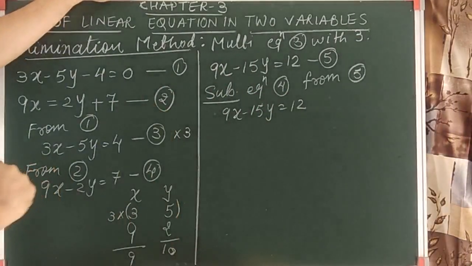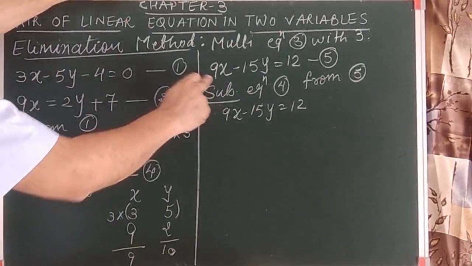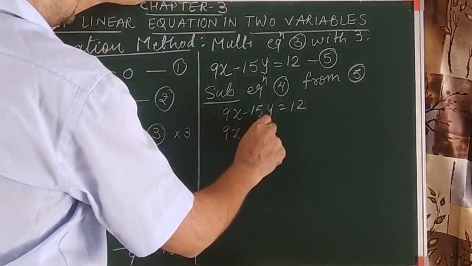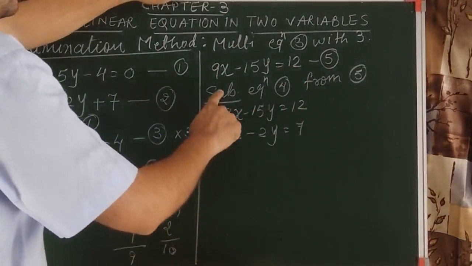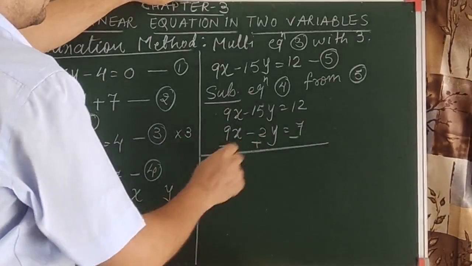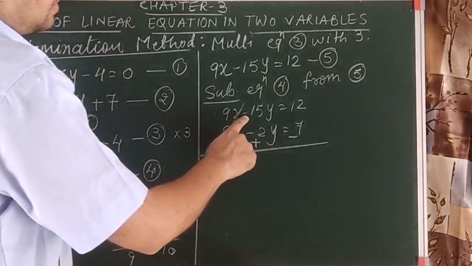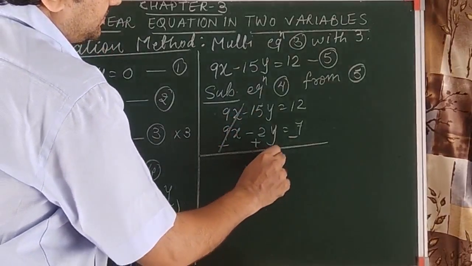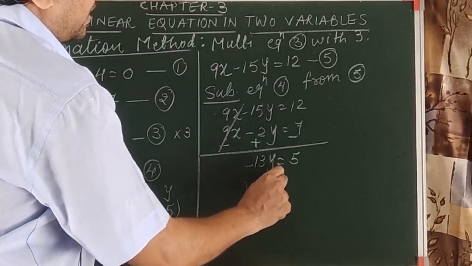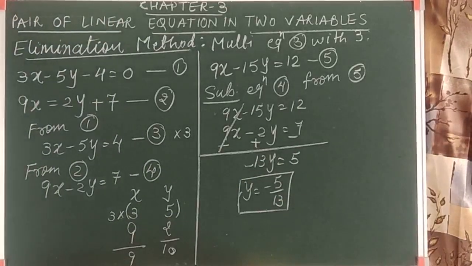Let me explain why we are doing the subtraction. क्योंकि जो वेरिएबल हम एलिमिनेट कर रहे हैं उसके कोएफिशिएंट सेम है, हमें एडिटिव इनवर्स चाहिए. एडिटिव इनवर्स मतलब ऑपोजिट सेम. 9x minus 2y is equal to 7. When we are doing the subtraction, we remember that the sign of the second equation has to be changed. हम जब एलिमिनेट कर रहे हैं तो दूसरे इक्वेशन के साइन हम चेंज कर रहे हैं. So now 9x would be cancelled. This is minus plus minus, minus 13y. Minus plus minus 5. So we can obtain y is equal to minus 5 by 13. So this is the value of y which we obtain.